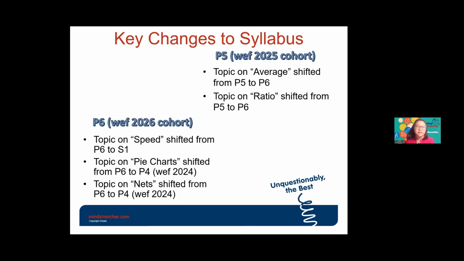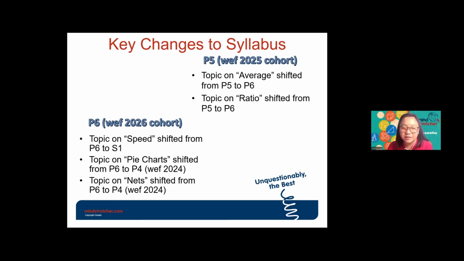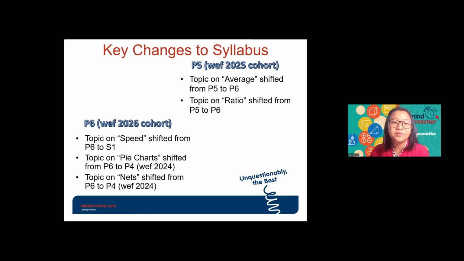And another difference is, you're in primary six this year, you are not going to learn about speed. You may have heard seniors talk about speed being quite difficult, that they don't understand the topic of speed. Then don't worry. It's going to be a problem in Sec 1, not a problem for PSLE, because the whole topic on speed has been removed from the primary math syllabus. You're not going to learn about speed in primary school anymore.